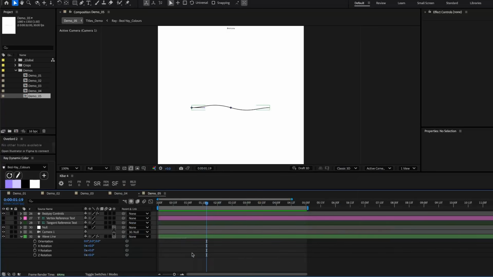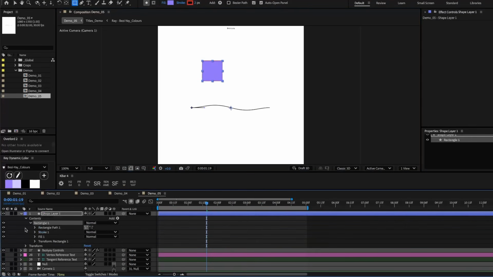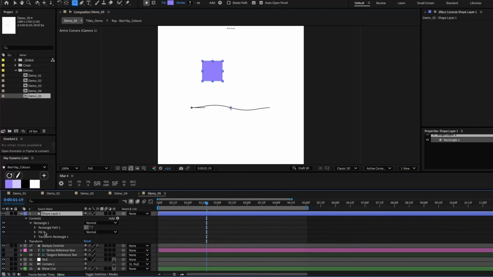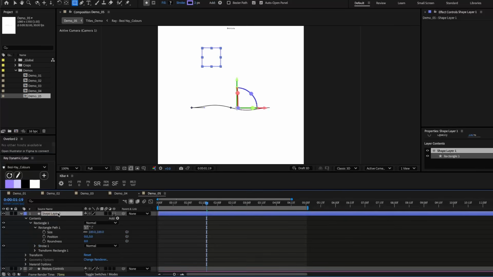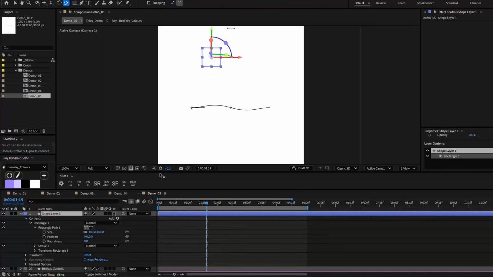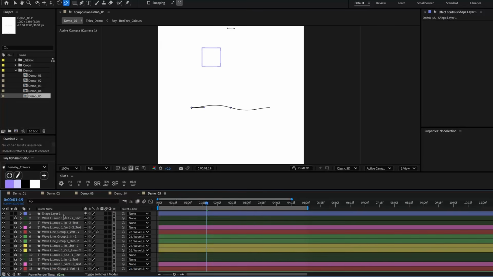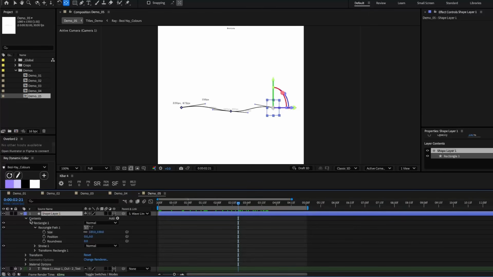Okay, before we wrap this up, I'm just going to demonstrate a few other key benefits of using Beziyay. One would be, it's pretty self-explanatory and maybe obvious, but parenting. So if I was to have created this square, for example, we can make it 3D, center the anchor point, and we could parent this to the vertex,